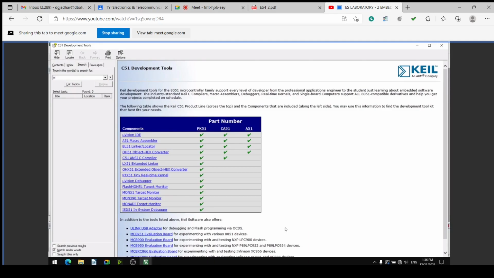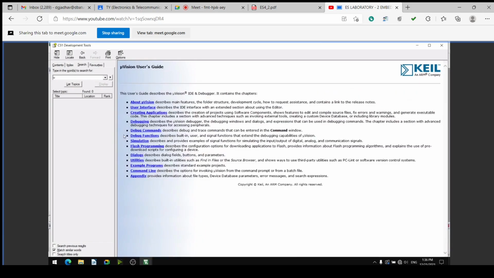In the help menu there is the Microvision IDE, then A51 macro assembler, BL51 linker locator, OH51 object hex converter, C51 compiler, and so on. So if you click the Microvision IDE, let us click it, we will find the menus.